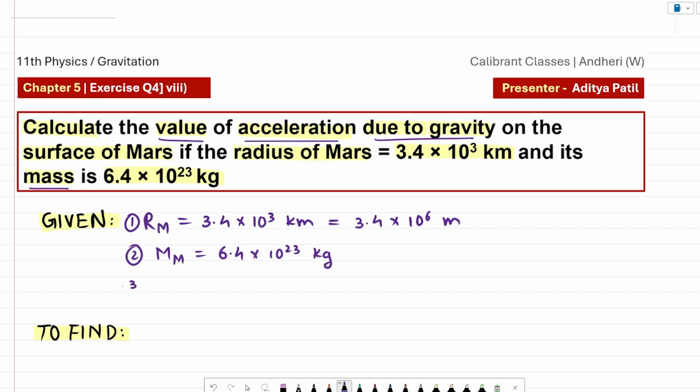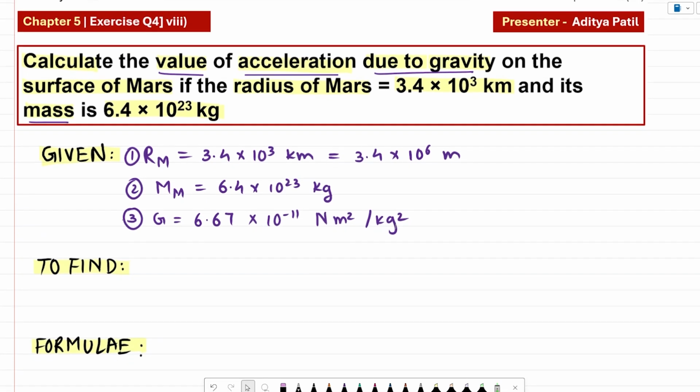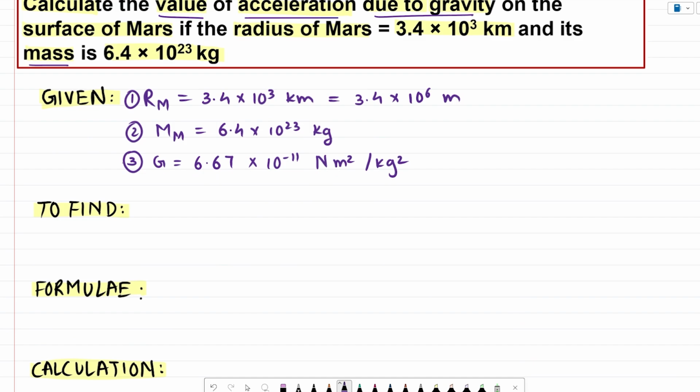But before we move forward, हमें एक और quantity की ज़रूरत पड़ने वाली है, that is the universal gravitational constant. And इस constant की value हम by heart करते हैं generally, and this value is 6.67 into 10 raised to minus 11. The units are Newton meter square per kg square. Now we'll use all these three quantities to calculate the value of acceleration due to gravity at the surface of the Mars. I'll represent that gravity as g of m, and this denotes